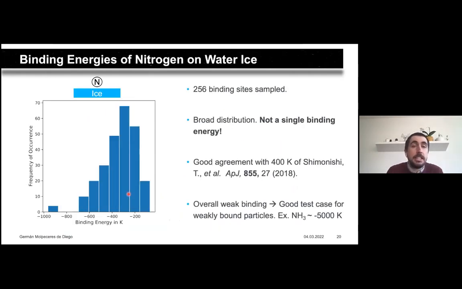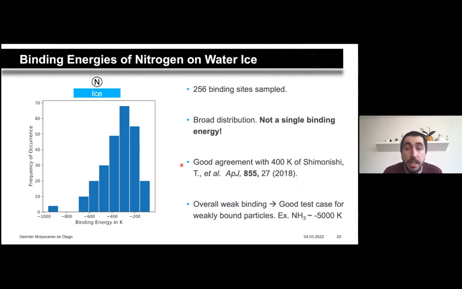With these realistic ices, we can further study the physics of particles on the ice. And for the nitrogen on the ice, the binding energies that I have been presenting present themselves in a broad distribution, in contrast with what astrochemical models usually use, that is only one energy representing the interaction of a particle with an ice. This shows the exact opposite, that is that a lot of different energies can be present on the same ice.